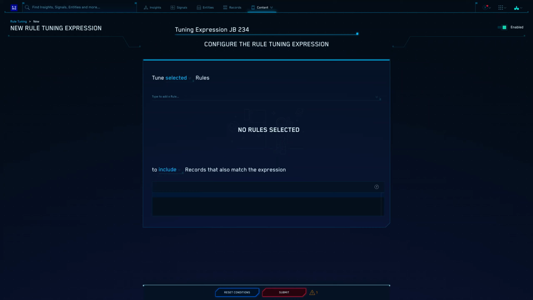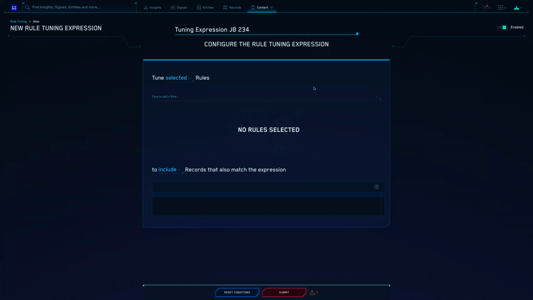I'm sorry, I should have actually read this portion of lab 4. In this scenario, we're updating some of the firewalls in our system, and we don't want to trigger unnecessary alerts. So we're creating an expression that will allow us to bypass firewall-related rules. I should have mentioned that before we got into the rule tuning expression itself. But now that we're in there, we want to set up that firewall rule.